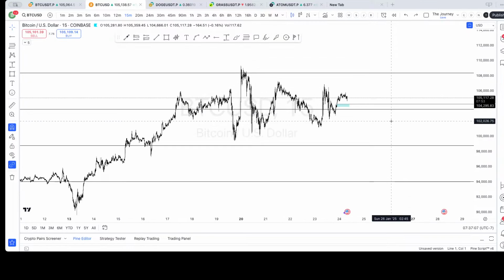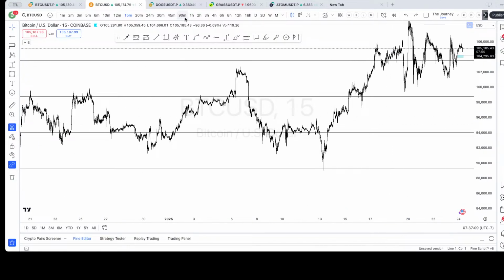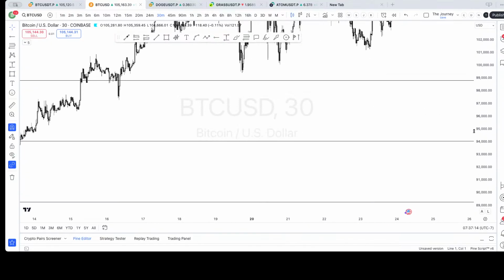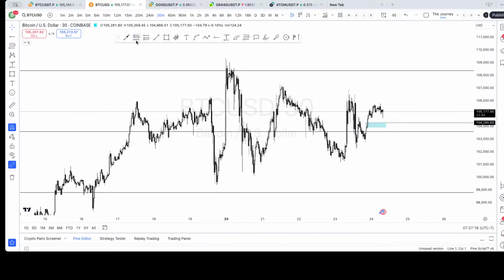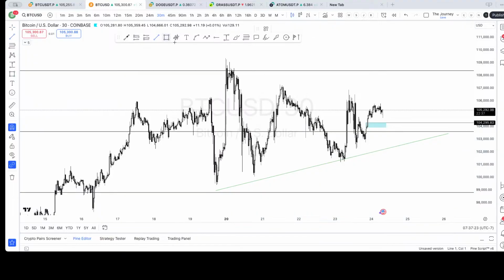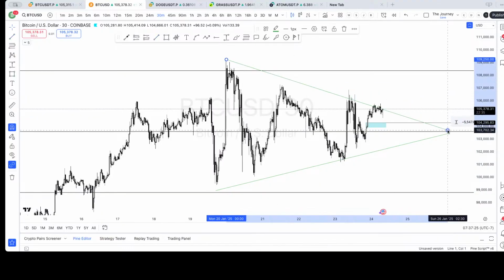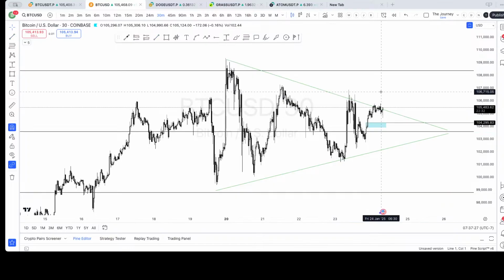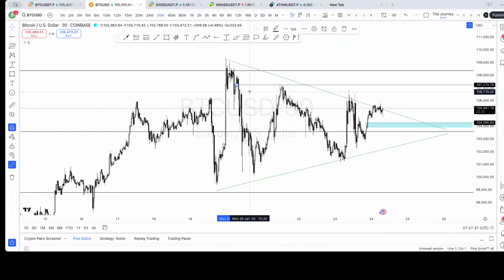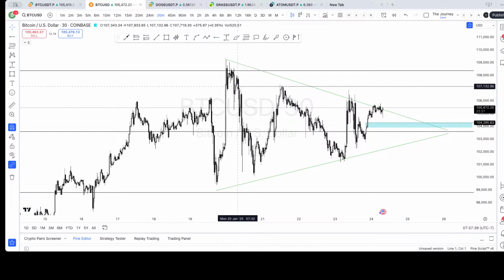That's probably what somebody else would describe in a much simpler manner, like we're doing one of these things. I don't have the fancy drawing tools, so we'll just do this. Something like that. This is the first area to the downside that I'm interested in. And the first area to the upside that I'm interested in is going to be right up here.